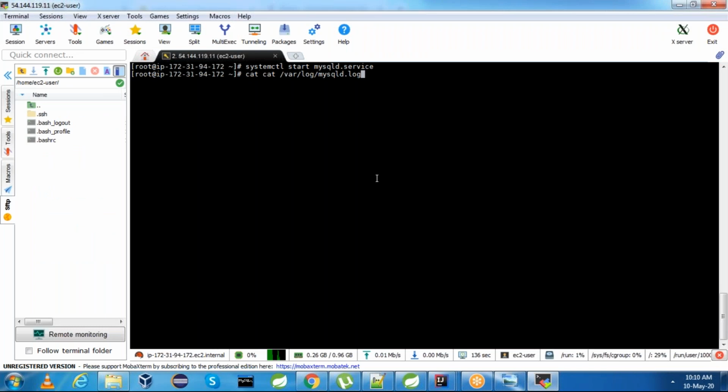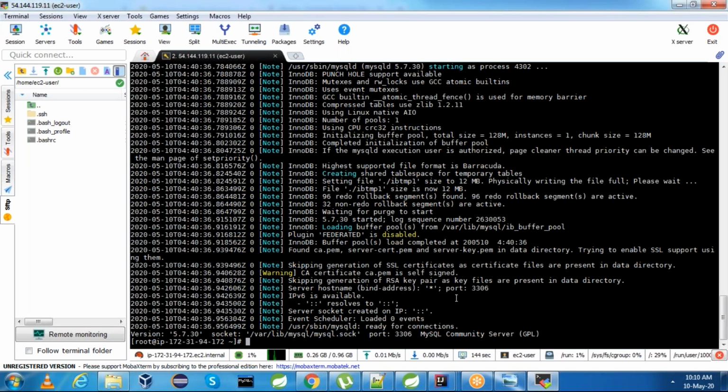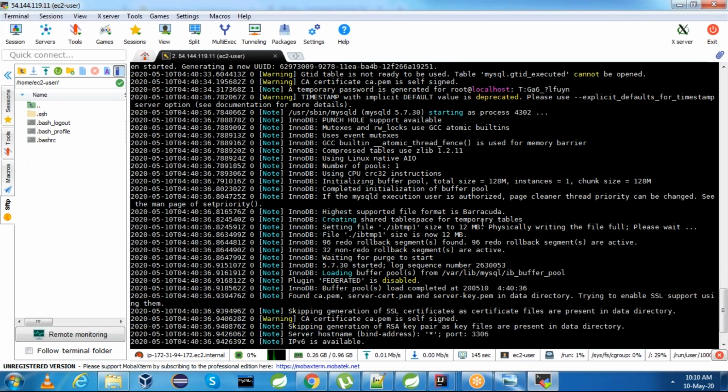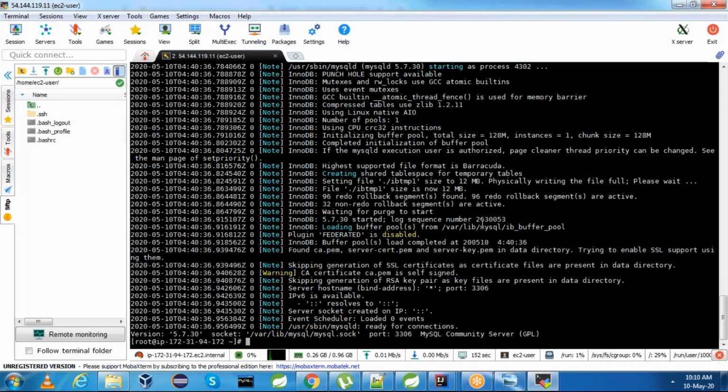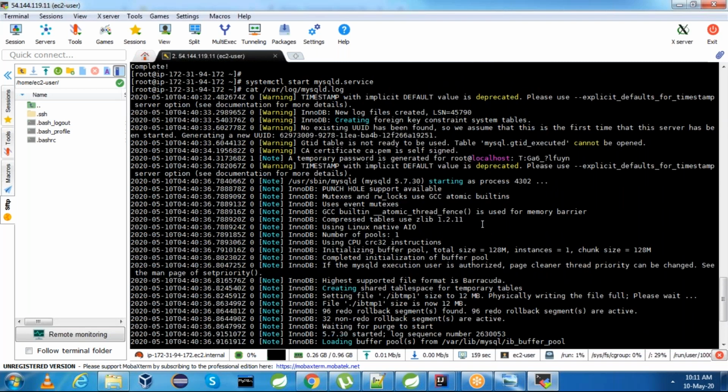Cat /var/log/mysqld.log. Here look for the MySQL temporary password. If you see under this line, we have a temporary password generated for root@localhost. This is the password.